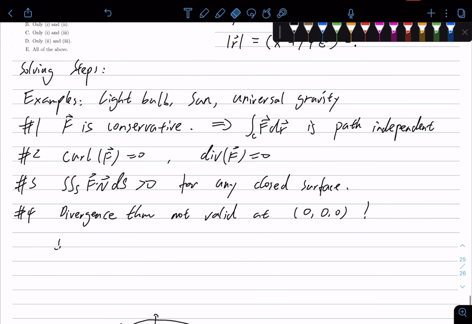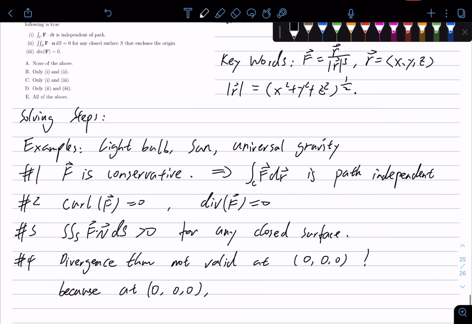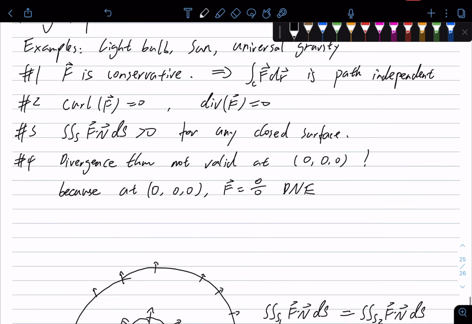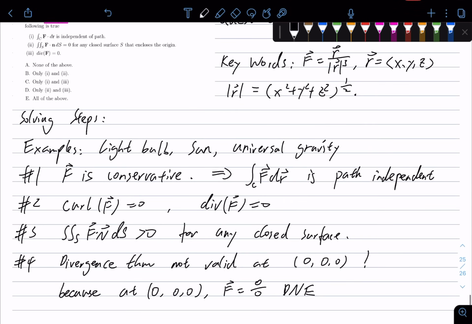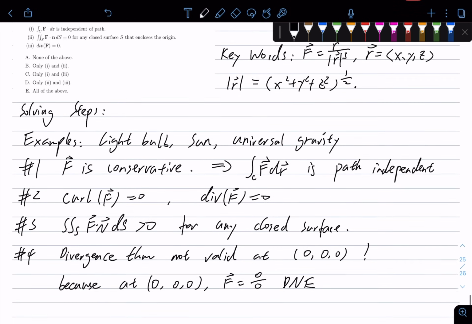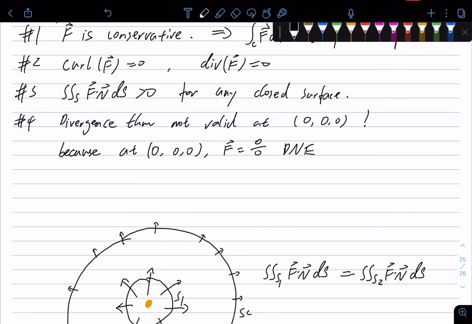Because at the origin, F equals DNE. It's 0 over 0, DNE. So that just simply means that even though we have